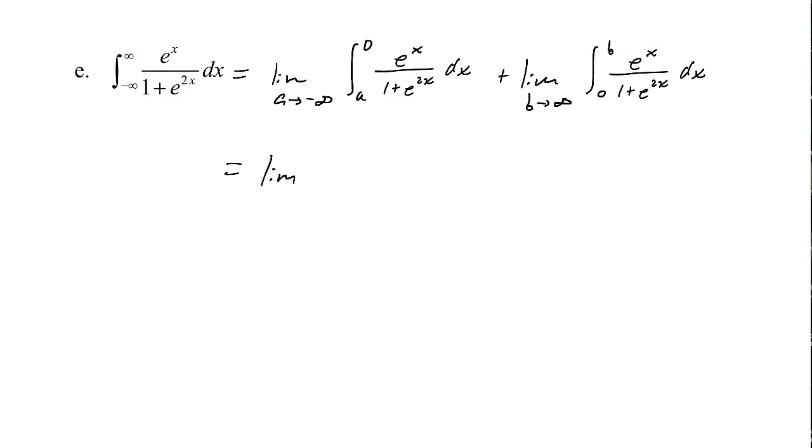So limit as a approaches negative infinity of, let's see, if I think about u substitution, if I let u be e to the x, then du is e to the x dx. So that'd be 1 over 1 plus u squared, which is arctangent of u. So this is arctan of e to the x from a to 0. So if I put in my bounds,